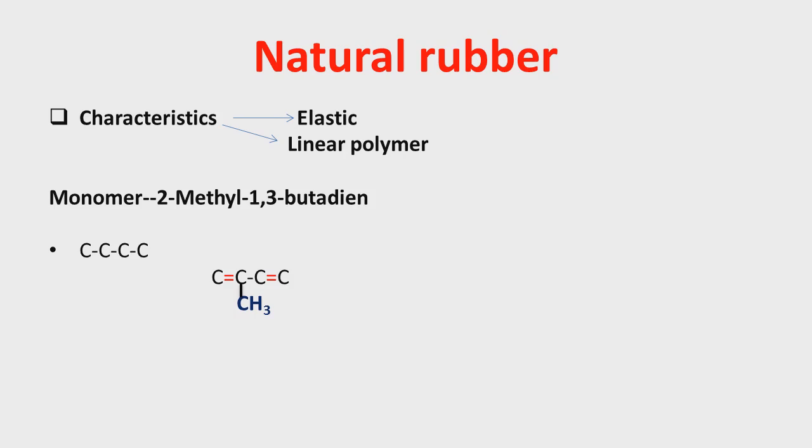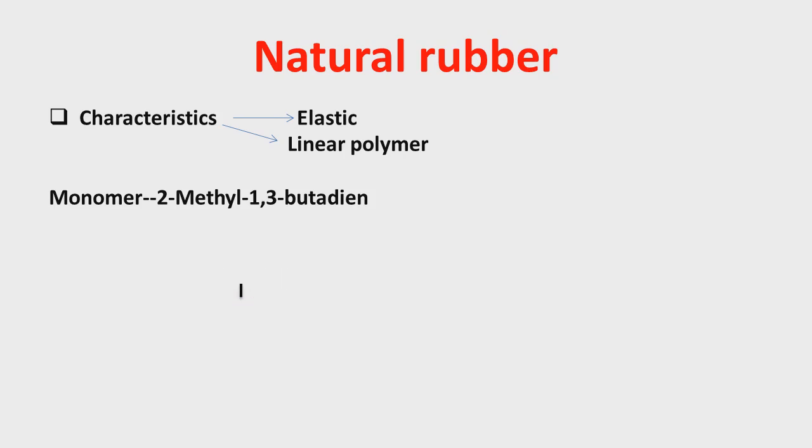Now you can see the first structure which contains 4 carbon atoms. Now the next is what? Butadiene. Diene means what? The double bonds which are present at the first position and third position, along with a methyl group present at the second position. Now see the second structure where double bonds are present at the first and third positions and the methyl group is present at the second position.